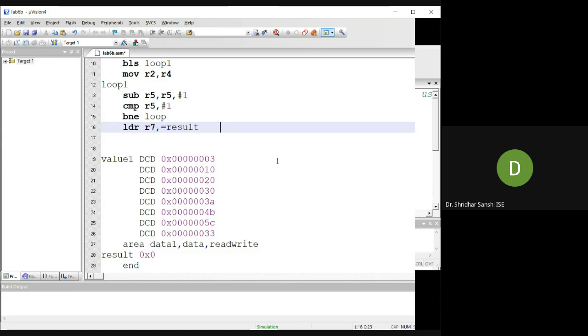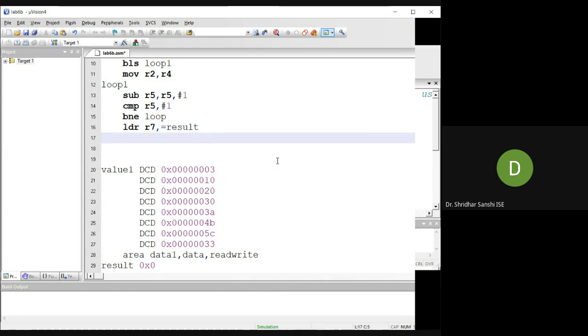In order to store the contents of a register into memory, I should use the STR store instruction. STR R2, R7, since R2 is where I have the result, right? R2 goes to the memory location in R7.